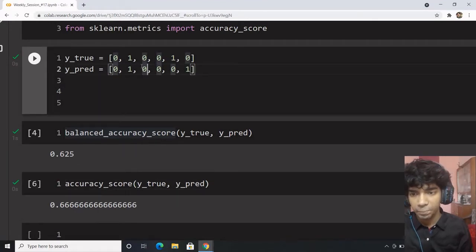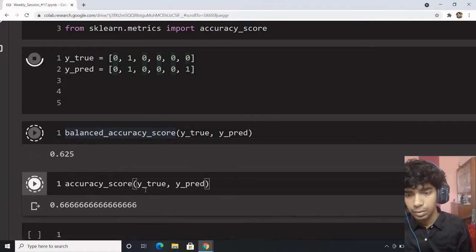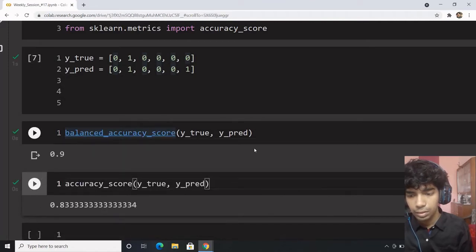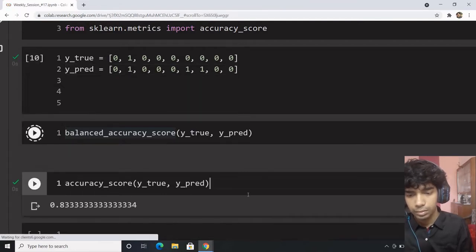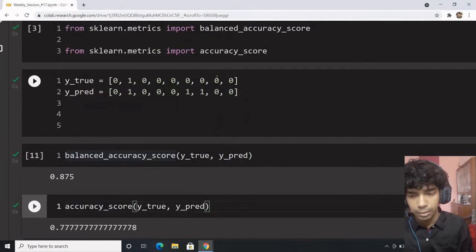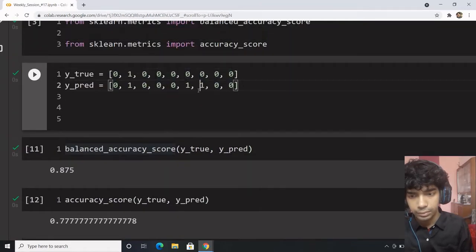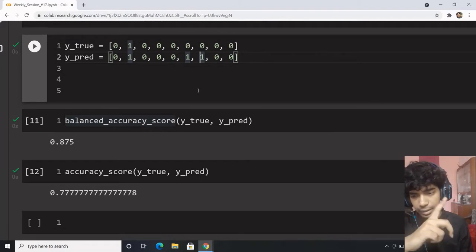Let's do one thing. I'm actually trying to obtain the cases wherein accuracy would be way higher and balanced accuracy is way lower.